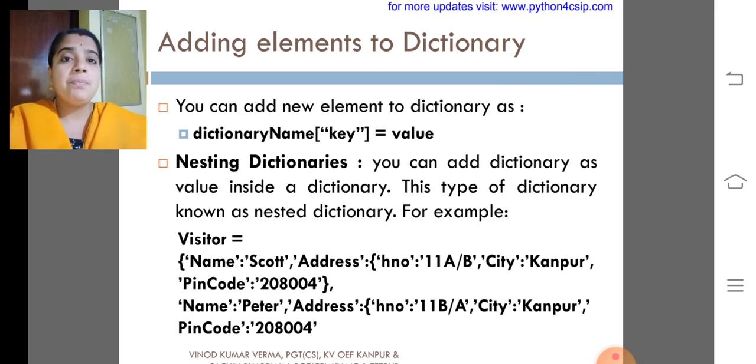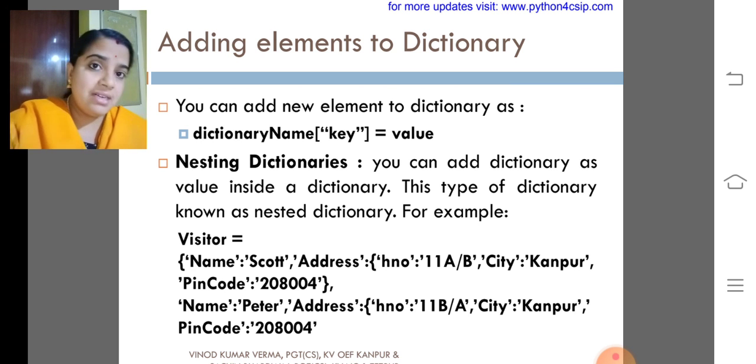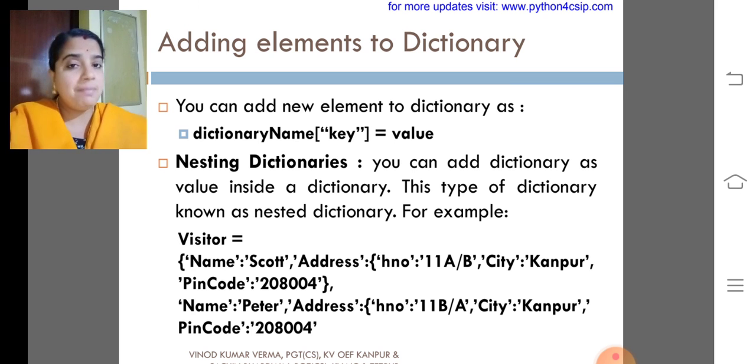As we discussed, here it has 4 elements: name 1, address 1, name 2, address 2. There is a small mistake in this print. That is, name 1, name 2. We should give 1, 2 for name, and address also 1, 2. Here, what are the nested dictionary keys I used? Address 1 and address 2. Let me ask another question. What are the outer keys I used here? Name 1, name 2, address 1, address 2. So what may be the inner keys? Inner keys are HNO, city and pin code.